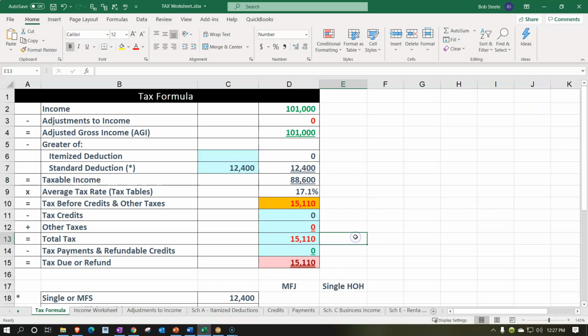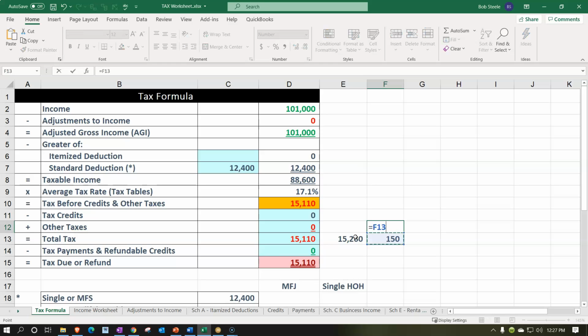15,260. Let's put that here on the side, 15260. And take the difference now, this minus this. The tax increased by 150. 150, what's the tax rate then? 150 divided by 1,000 that we increased it by means they taxed it at 15%, which is a lower tax